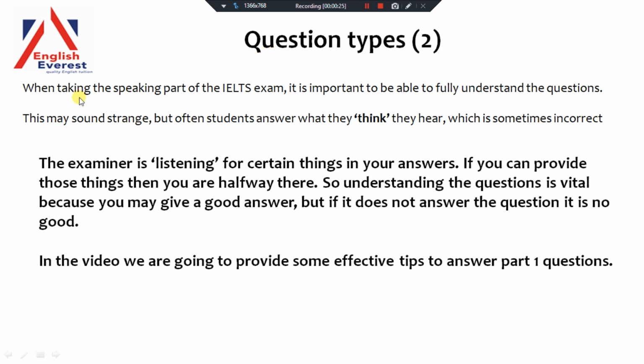So just as a review or recap from the last video, when taking the speaking part of the IELTS exam, it is important to be able to fully understand the questions. This may sound strange, but often students answer what they think they hear, which is sometimes incorrect. The examiner is listening for certain things in your answer. If you can provide those things, then you're halfway there. So understanding the questions is vital because you may give a good answer, but if it doesn't answer the question,